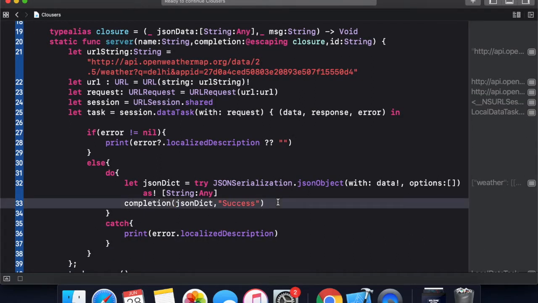Escaping closures will be executed in the near future, but the function can return before that.